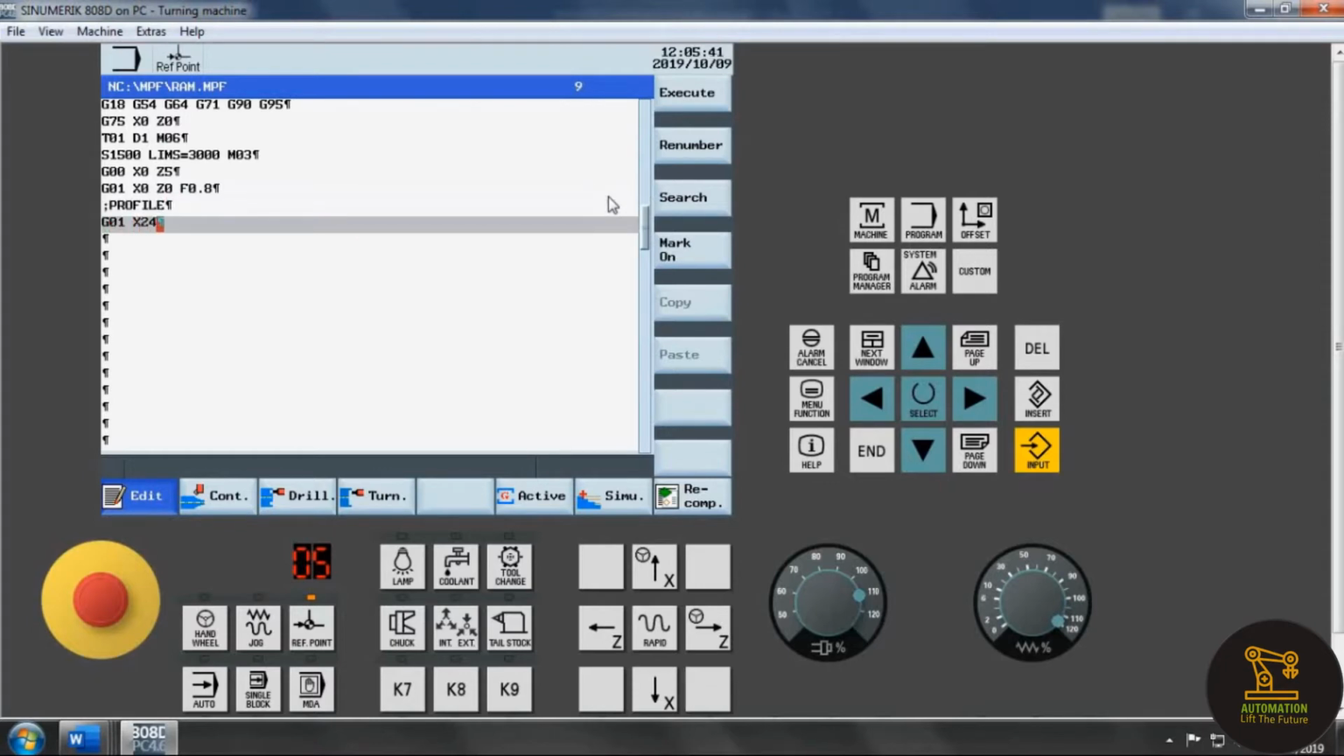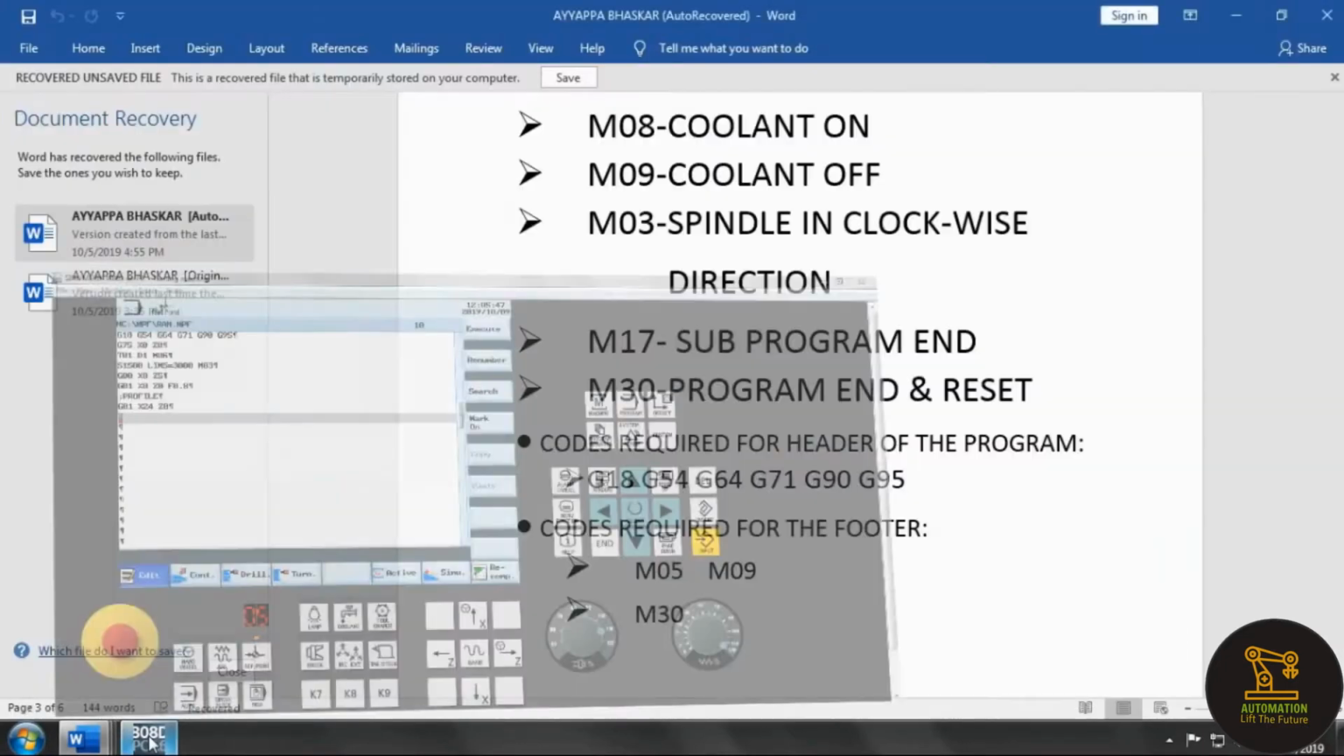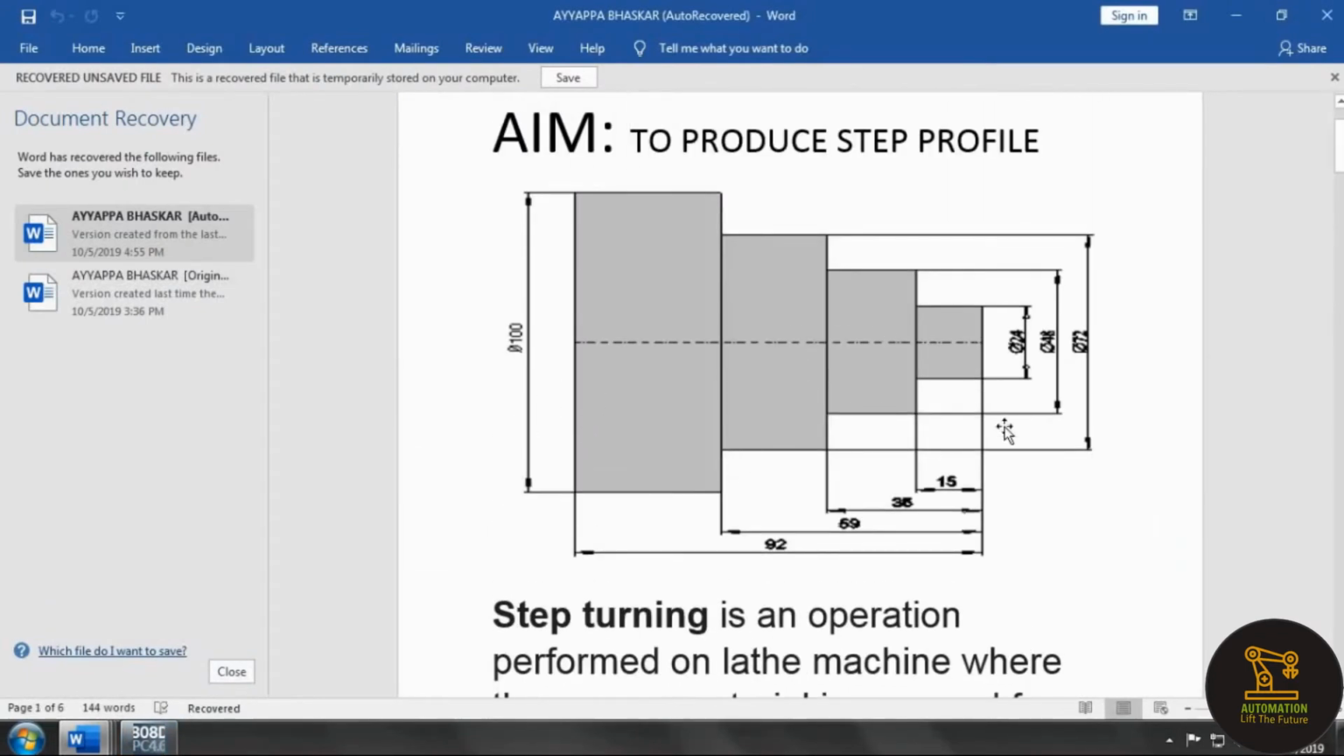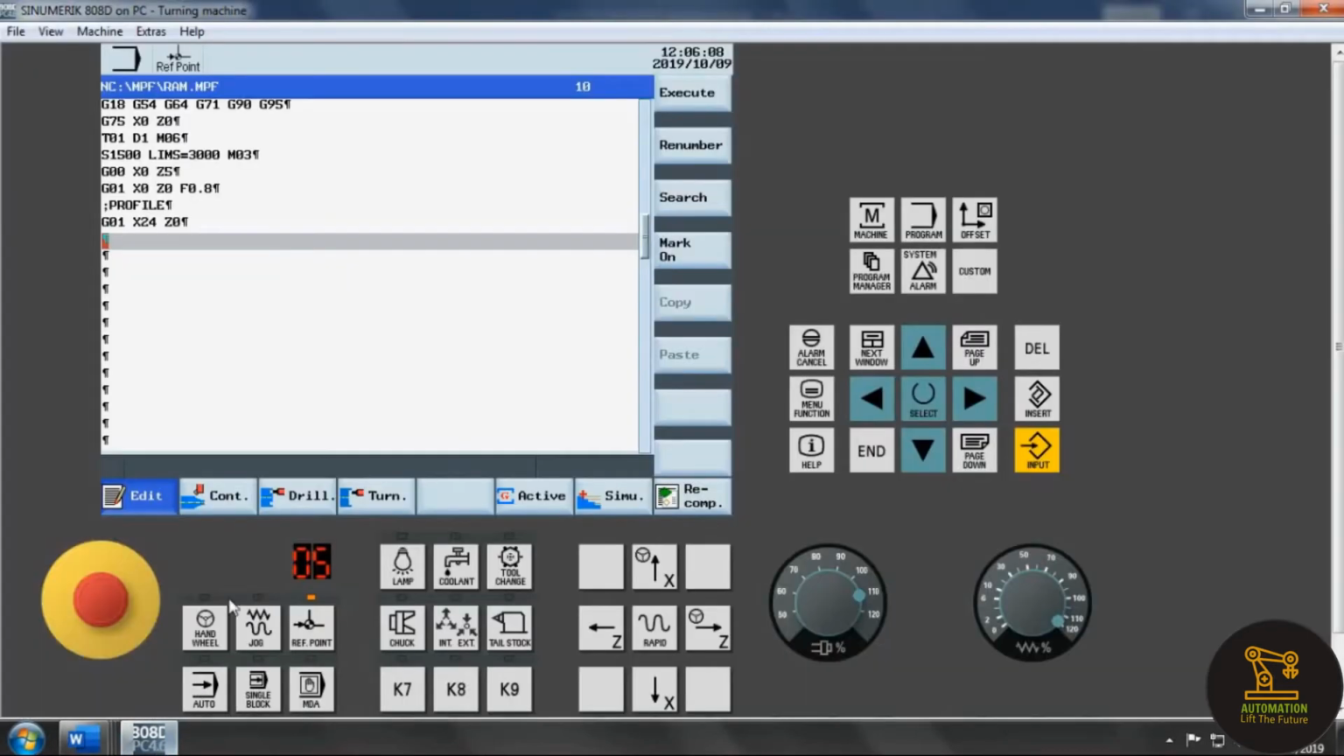First point is G01 X24 and Z is 0, because the minor diameter is 24. You can see in the profile that the minor diameter is 24 here. So from the reference point at the center we are taking the first point I have written there. So the next point is this, so we have to create this profile like this. Next point is this, so I was going to the machine again and writing the next point, G01 X24 and Z is minus 15,